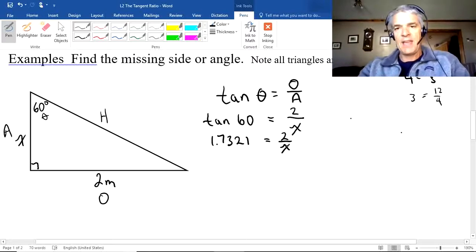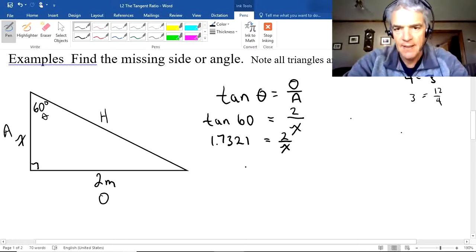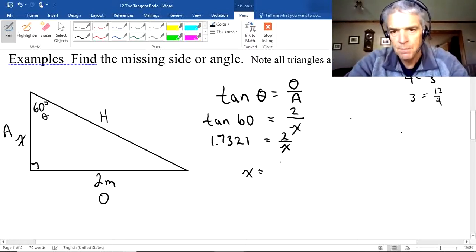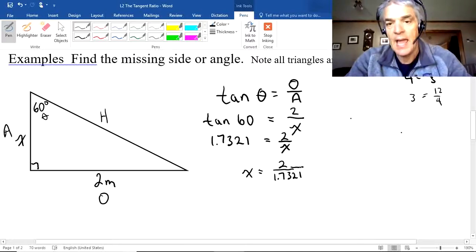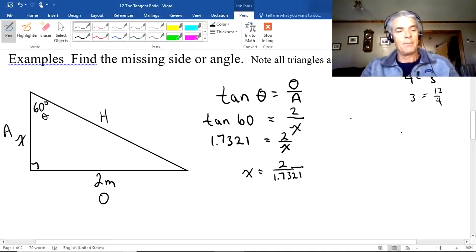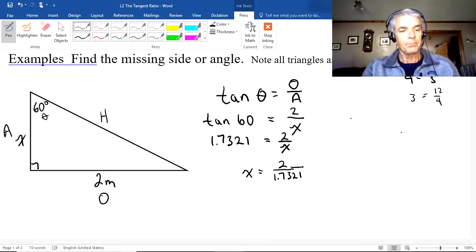So when I have x on the bottom and I want to know what x is, I just trade places with it. So I say x equals 2 divided by 1.7321. It's a little mathematical trick that you can follow. Now I can simply put those numbers into my calculator, clear my calculator, and do 2 divided by 1.7321, and I get an answer. And the answer is